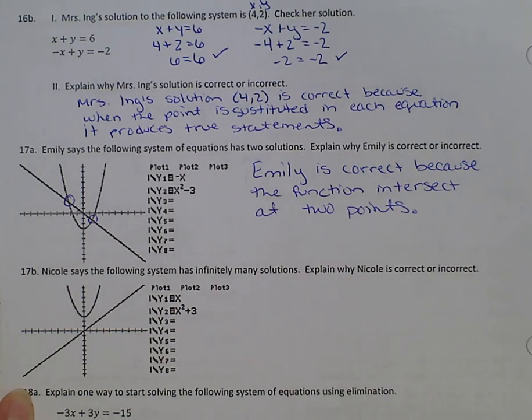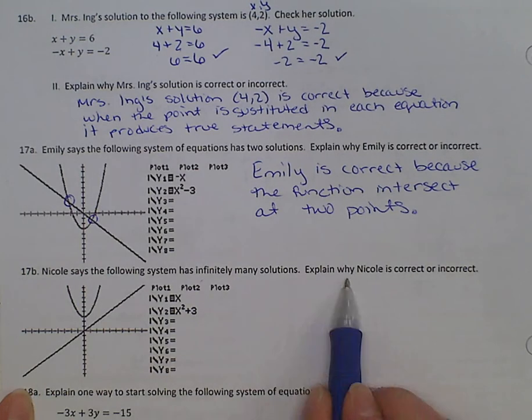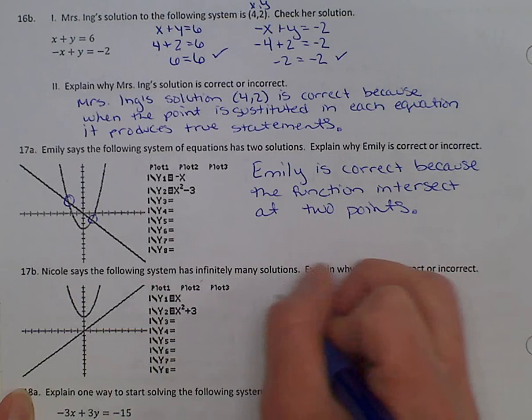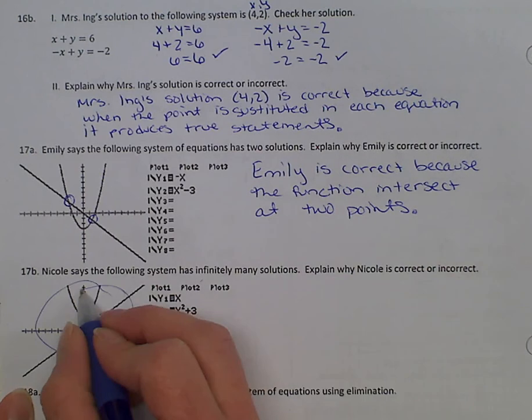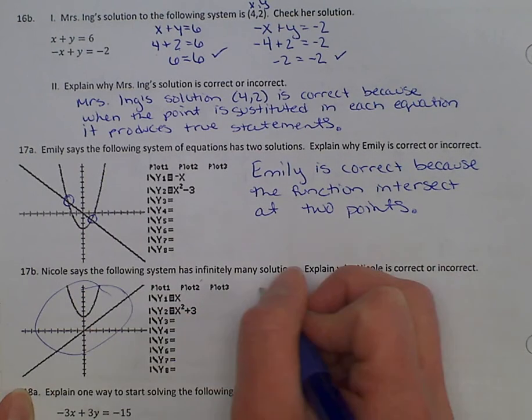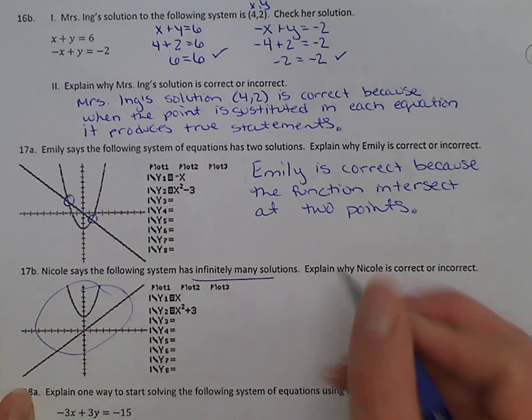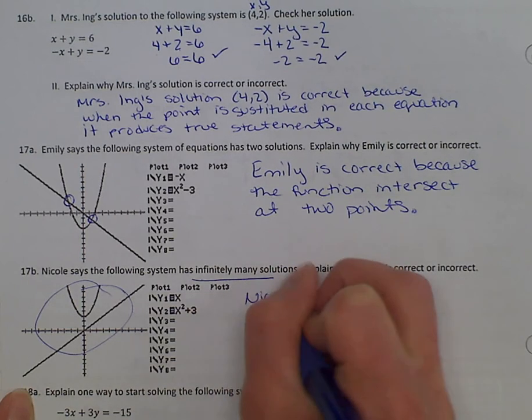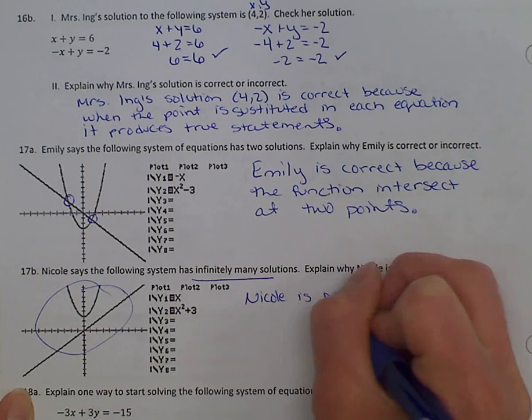Part B. Nicole says the system has infinitely many solutions. Explain why Nicole is correct or incorrect. These never intersect. They never touch. Therefore, it's not infinitely many solutions. It is no solution. So Nicole is incorrect